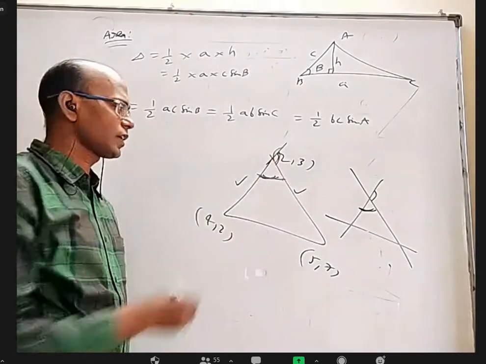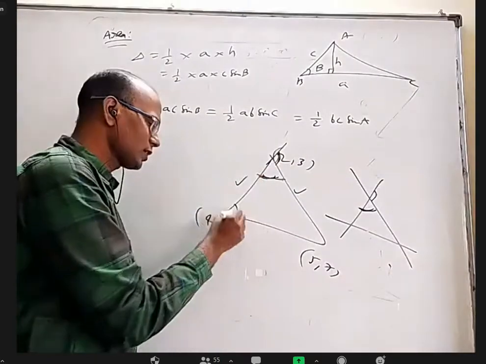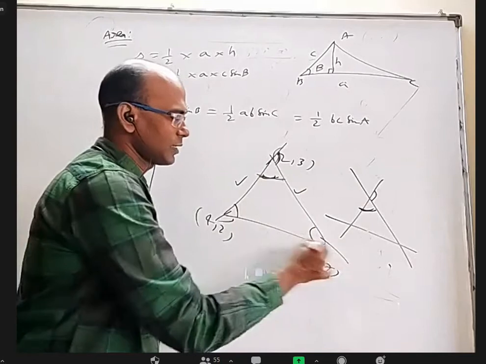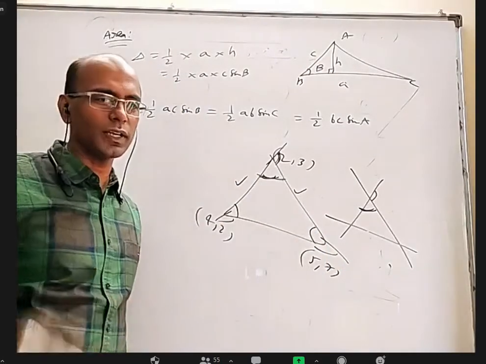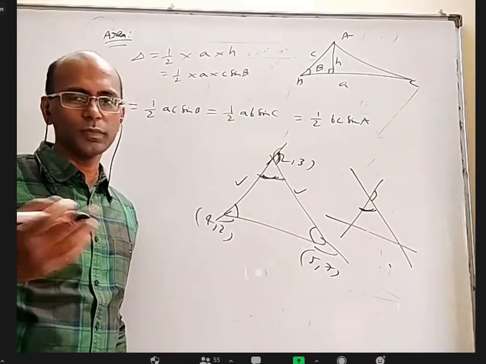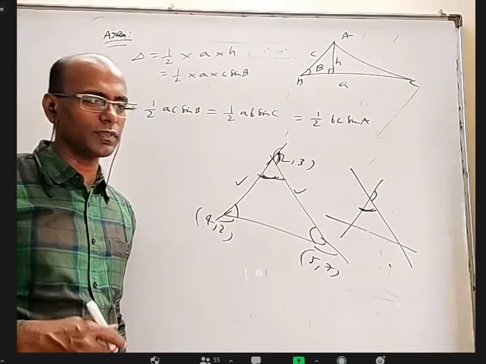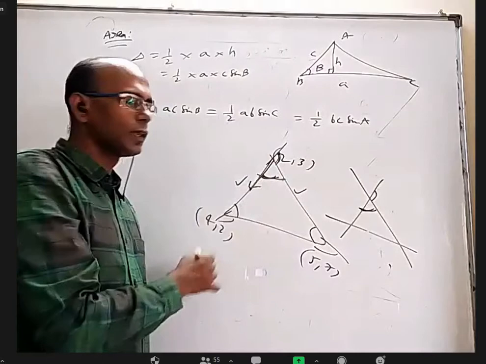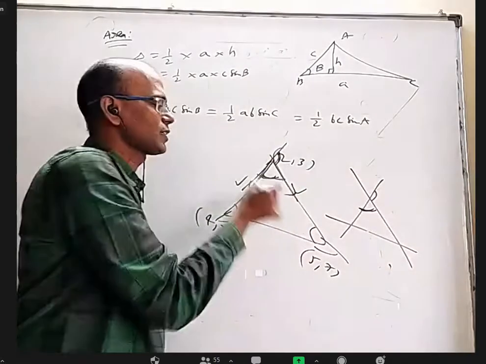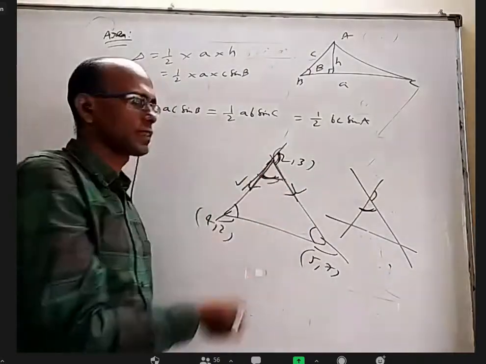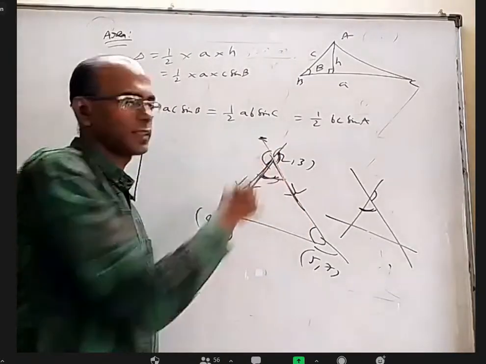Of course, the only way is to find this angle and this angle, this angle and this angle, this angle and this angle, and see which three add up to 180. They are the angles of the triangle. That is a lot of work. But in vectors, it is very easy because vectors can take care of direction also. So we'll take exactly this vector and exactly this vector in this direction, and it is possible to find this angle. If we change the direction, you are finding this angle.